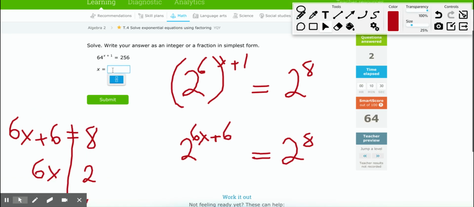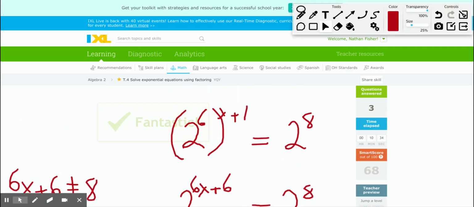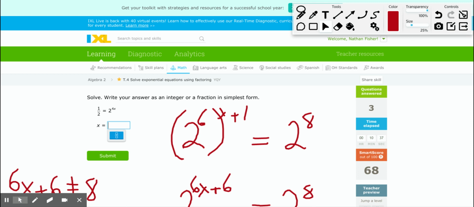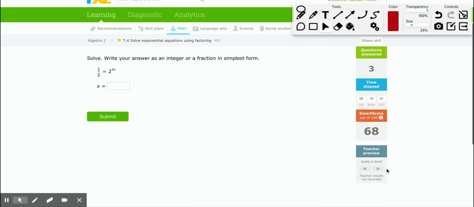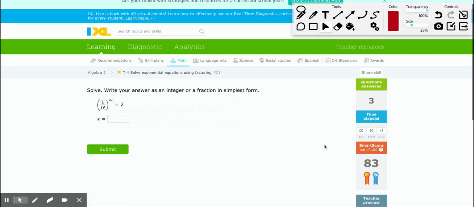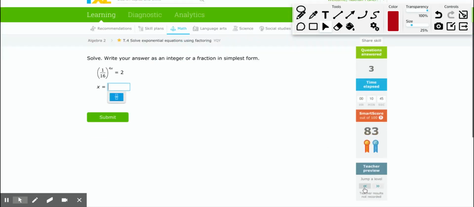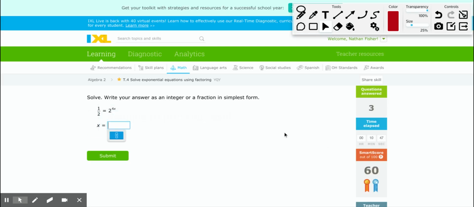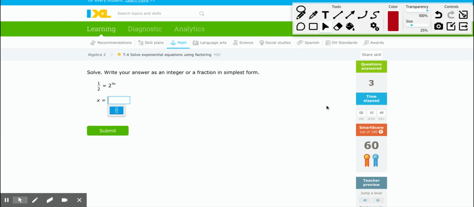Again, if you want to use this, you can, but you could also type in 1/3. Should be fine there. Fantastic. Okay, let's do one more. Well, let me jump ahead and see if there's anything different. About the same, fraction with an exponent. Okay, so